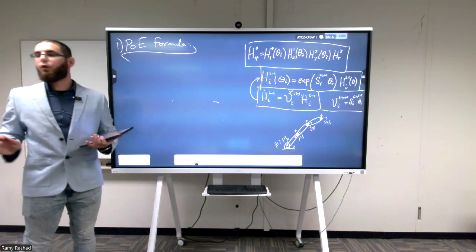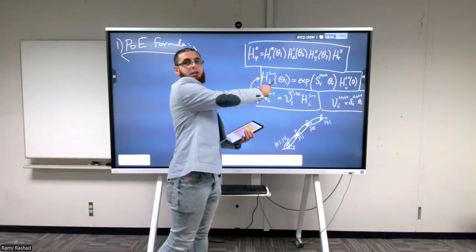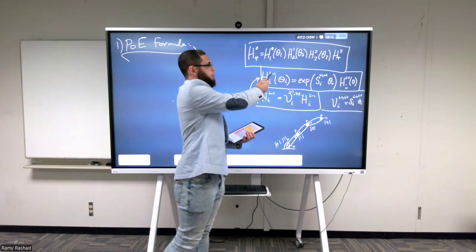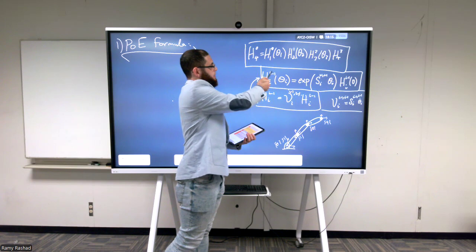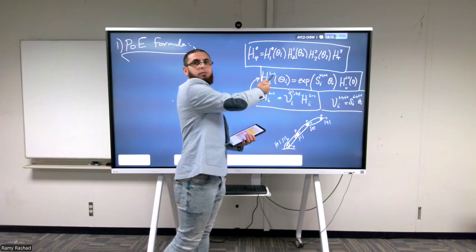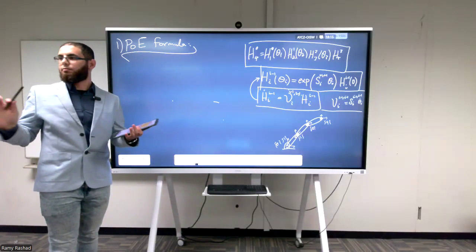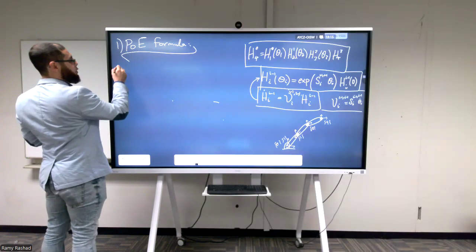What we're going to be doing is the following. We're going to be putting these expressions here, 1 with respect to 0, 2 with respect to 1, 3 with respect to 2, and plugging them in there. Easy. So what we're going to have is the following. So H4